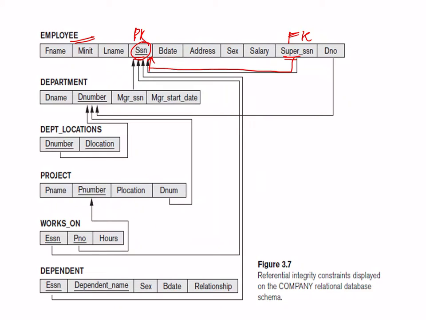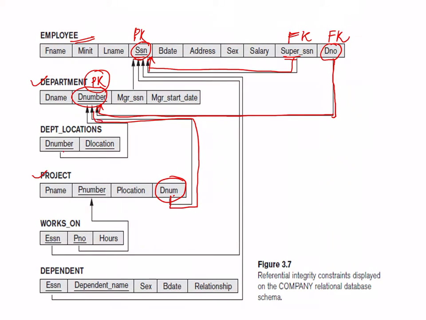Okay. Similarly, this D number in the department is the primary key, and it is related to which all tables. You can see that this D number here in the employee table works as a foreign key and references the primary key. You can just go by this line and see it is related here. And the same primary key is also related to the project table. So D number here in the project table is related to the primary key, the D number.